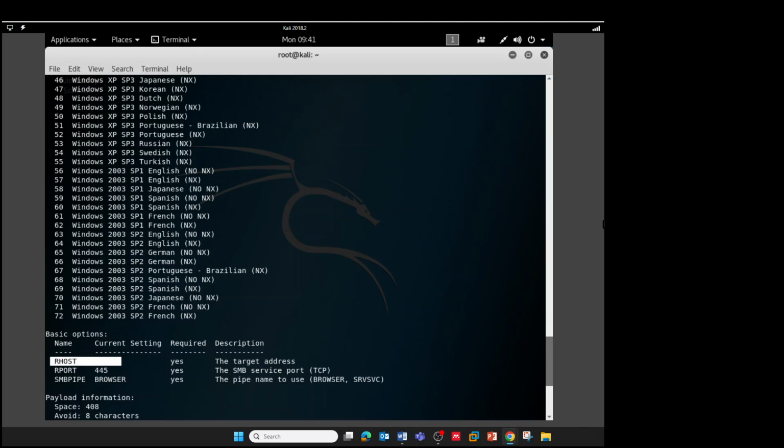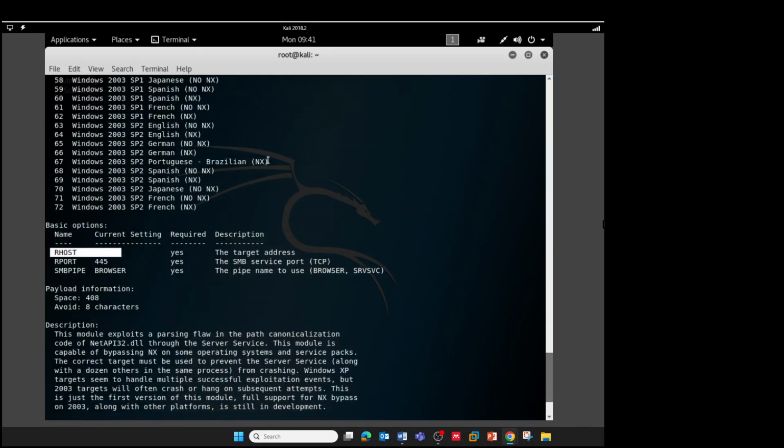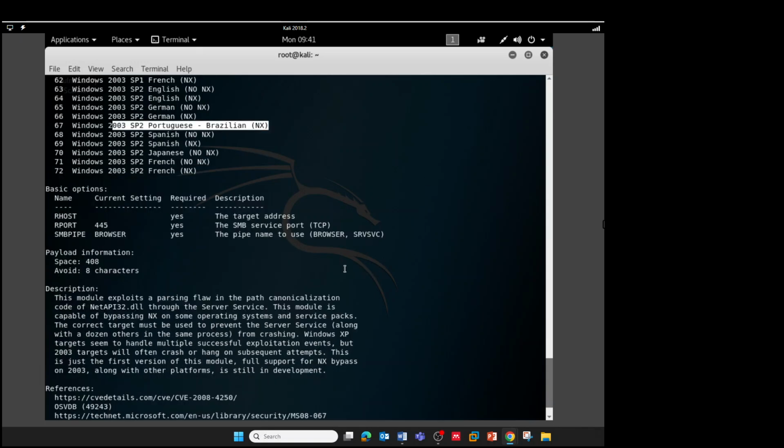The next thing is, as you see from the information on this screen, it is vulnerable in the parser of the server service that is being exploited, right? So it also can bypass NX, which is the protection mechanism that does not allow execution on the stack, right? Once we have reviewed all of this detailed information, which is the NX that I'm talking about here, the next thing is in the command line,